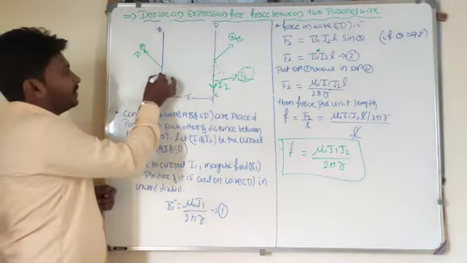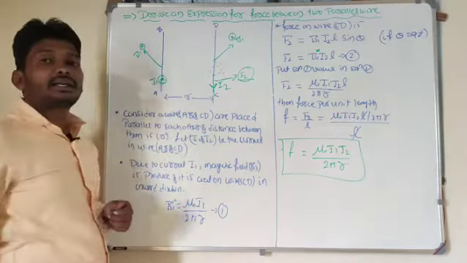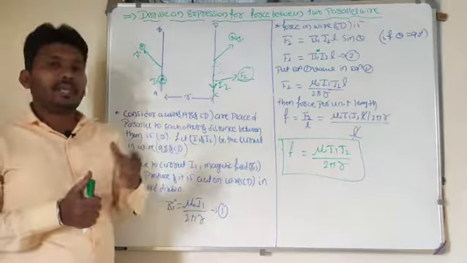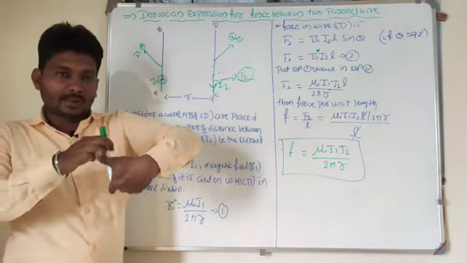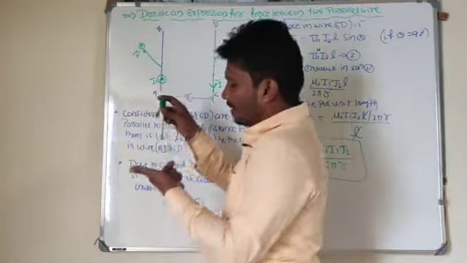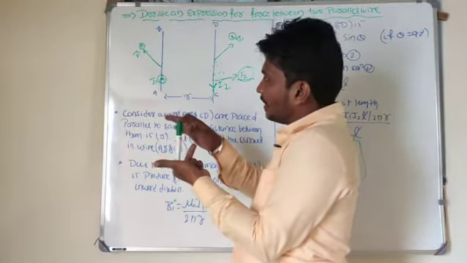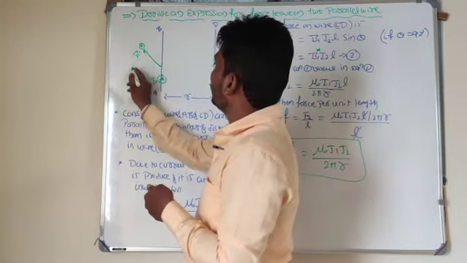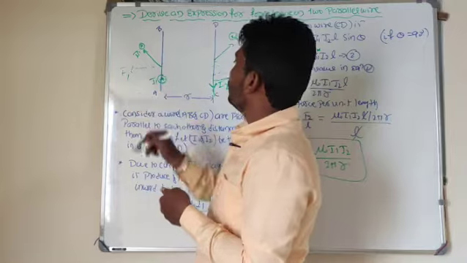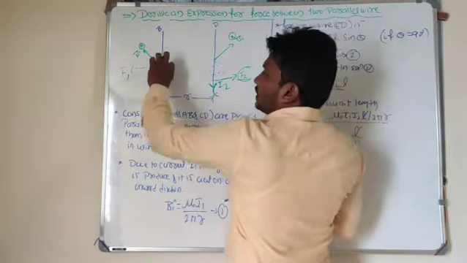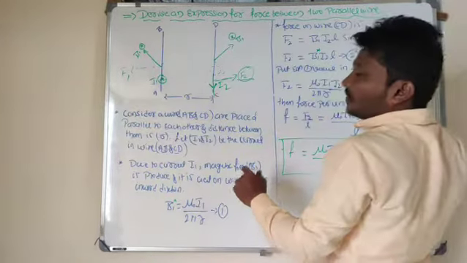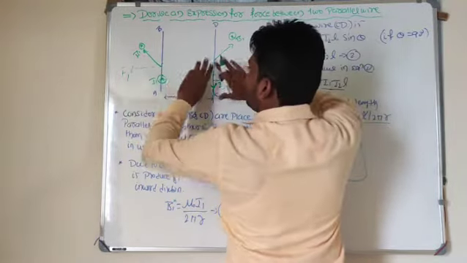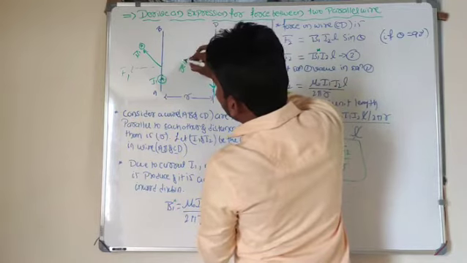So this is the direction of the current and this is the direction of the magnetic field. What will be the direction of the force here? Again, for the wire AB, the magnetic field is into the plane and the current is in the upward direction. This is the direction of the force here. Force F1 is acting in this direction, force F2 is acting in this direction. If these two forces are acting in these directions, there exists a repulsive force here.